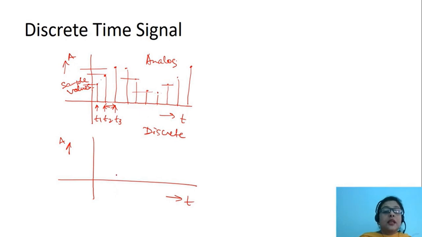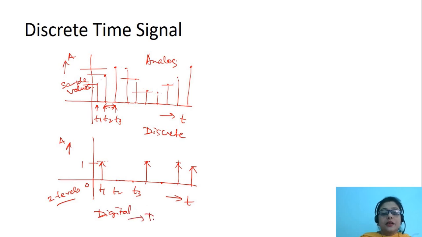We can also have discrete time digital signal like this. If there are only two levels and the signal exists only at these points, so at instances t1, t2, t3, the signal exists. So the signal basically is, this is the one value of the signal. This is the 0th value. This is again 1, 0, 1 and 1. So there are only two levels of the signal value along the amplitude axis. So this is basically a digital signal,